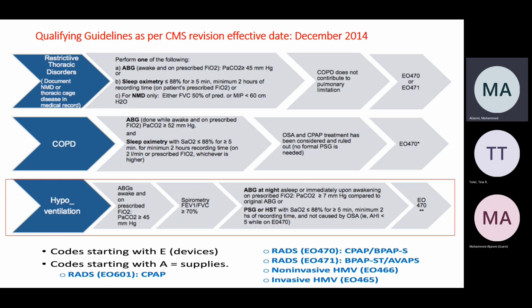these patients have some elevation in their PaCO2 when they are sleeping or immediately after waking up by more than 7 millimeters of mercury from the baseline. Let's say their baseline is 50, then after they wake up in the morning, it's 58, 57 or more. Or you will have evidence of a sleep apnea test that showed that they're still desaturating